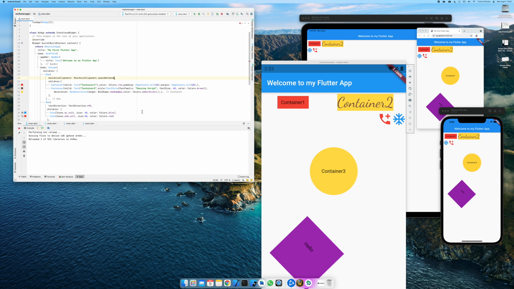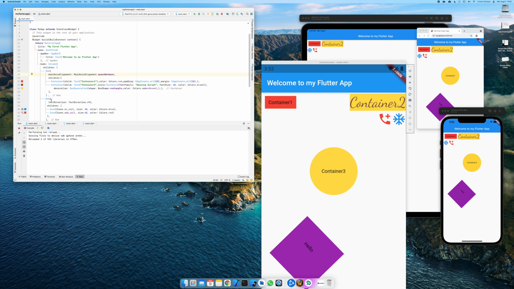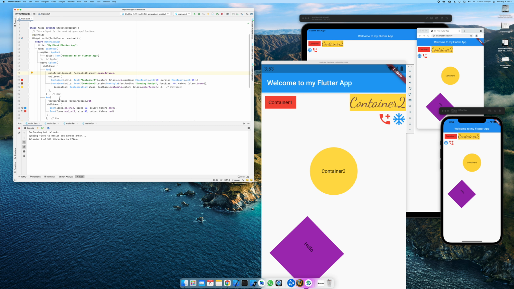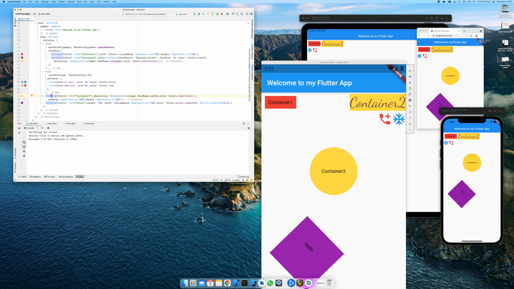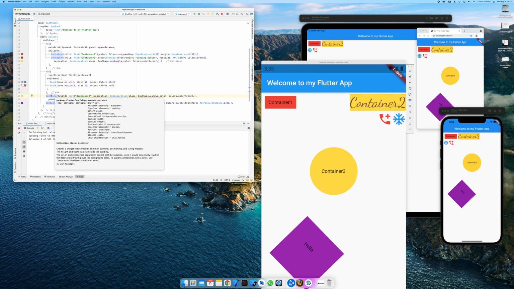If you put space between, they have put the entire space between them, and one is left aligned and another is right aligned. So these are the rows for you, and these are your icons for you. So what we have understood is how these two containers can be put in a row. Another way of doing it is to put your mouse pointer on the widget, and you will see